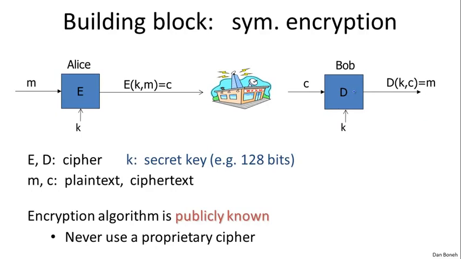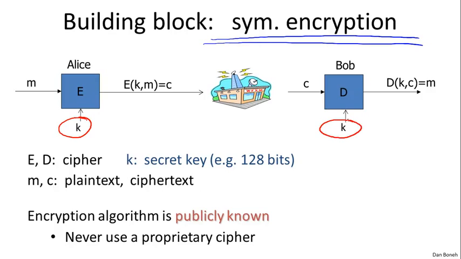But really the two scenarios, secure communications and secure files, are kind of philosophically the same. Now, the building block for securing traffic is what's called symmetric encryption systems. And we're going to talk in the first half of the course extensively about symmetric encryption systems. So in a symmetric encryption system, basically the two parties, Alice and Bob, share a secret key K, which the attacker does not know. Only they know the secret key K. Now they're going to use a cipher which consists of these two algorithms, E and D. E is called an encryption algorithm, and D is called a decryption algorithm. The encryption algorithm takes the message and the key as input and produces a corresponding ciphertext. And the decryption algorithm does the opposite. It takes the ciphertext as input along with the key and produces the corresponding message.